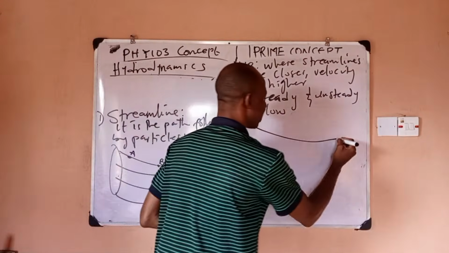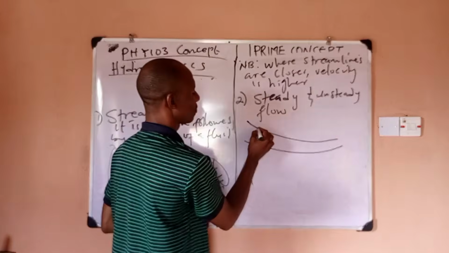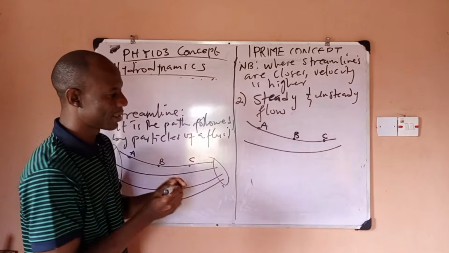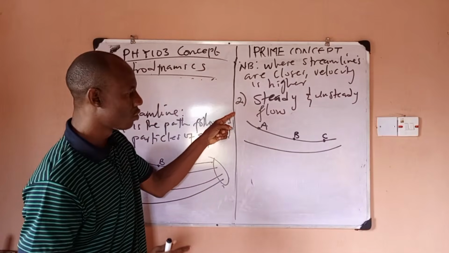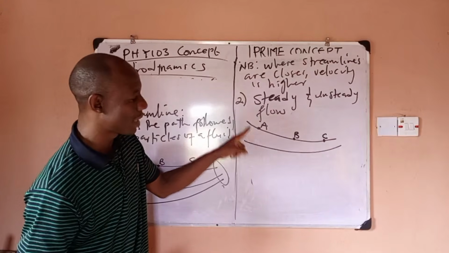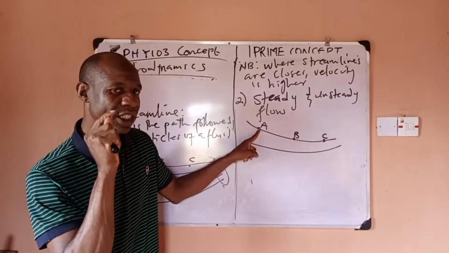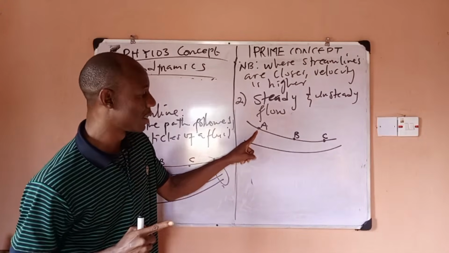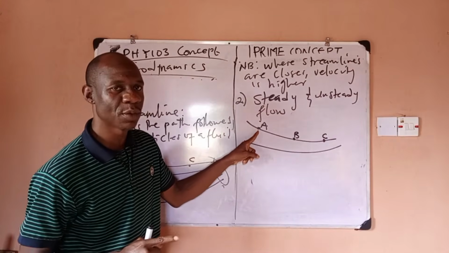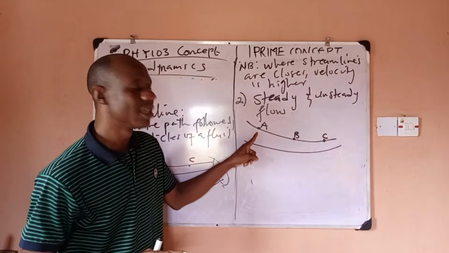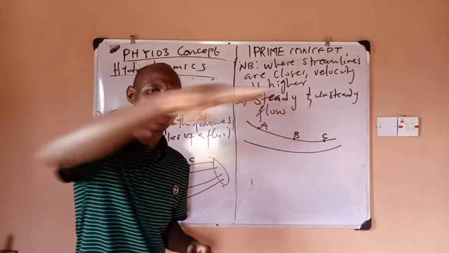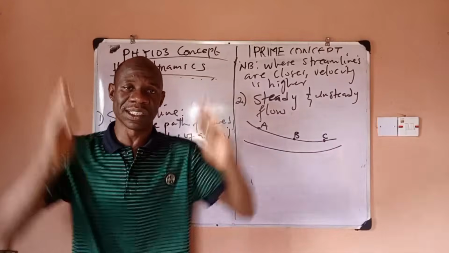I explained by giving you a streamline like this. Say you have point A, point B, point C. In a fluid, you have so many particles, thousands of them. Maybe one particle decides to enter. When particle 1 enters through this streamline and gets to point A, its velocity will be VA. If another particle, particle 2, enters and gets to this point, its velocity will still be what? VA. So a flow is steady if the velocity of different particles at a particular point is the same.